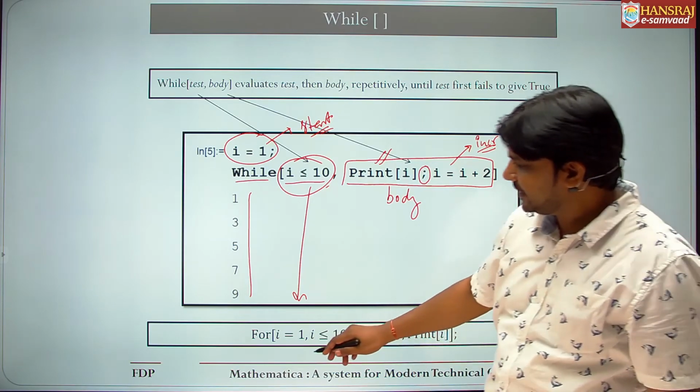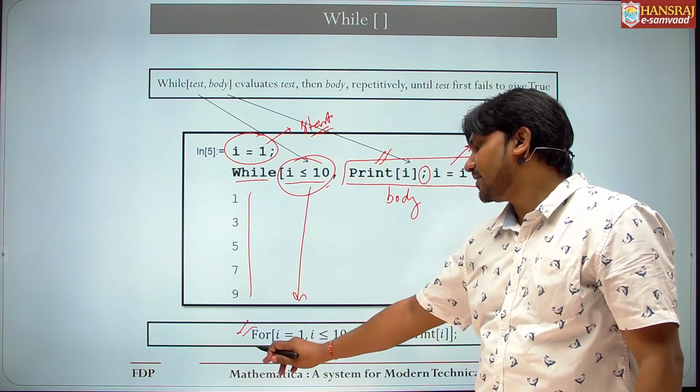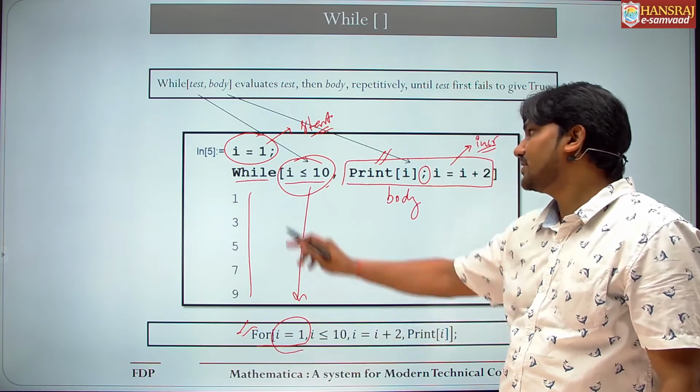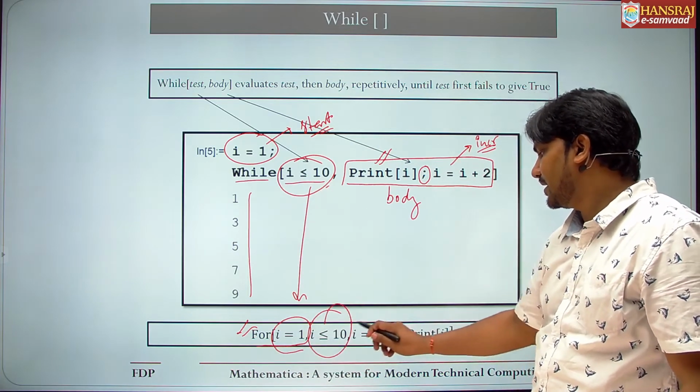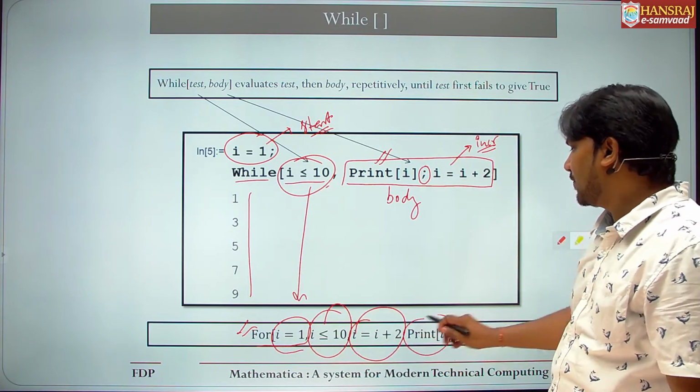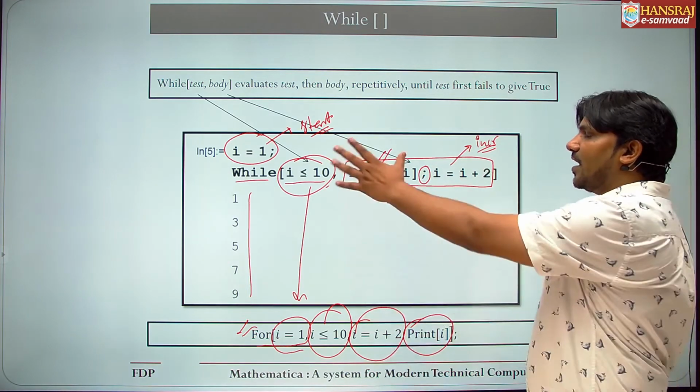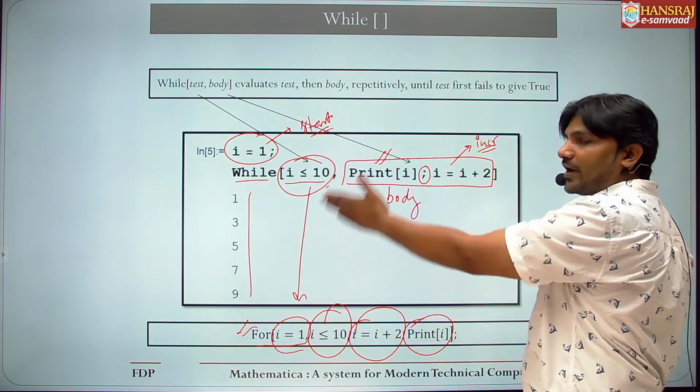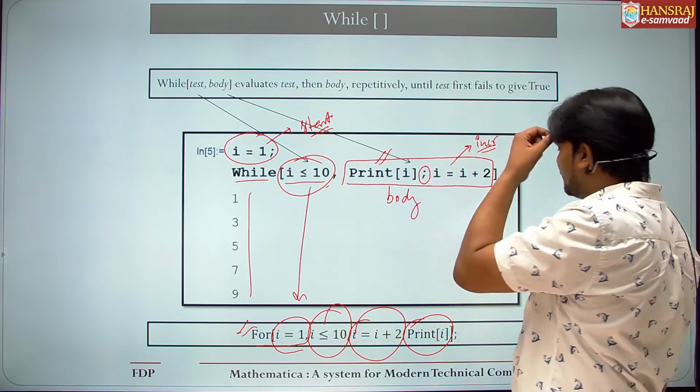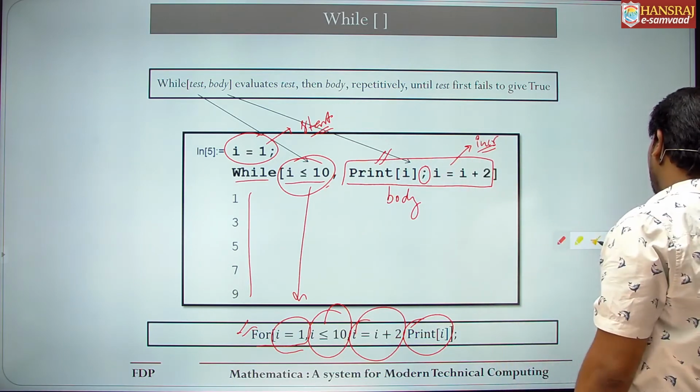Now here you can see I have written the for loop also, with start, condition, increment and body, and how the while loop works like a for loop and how you can use it, you can understand that. Okay,